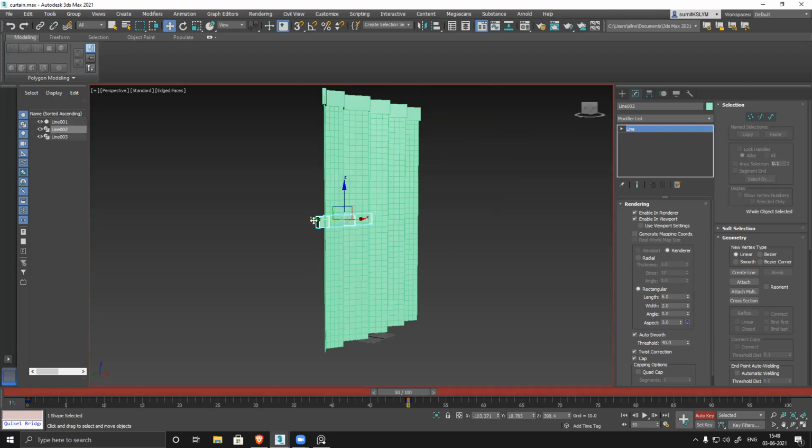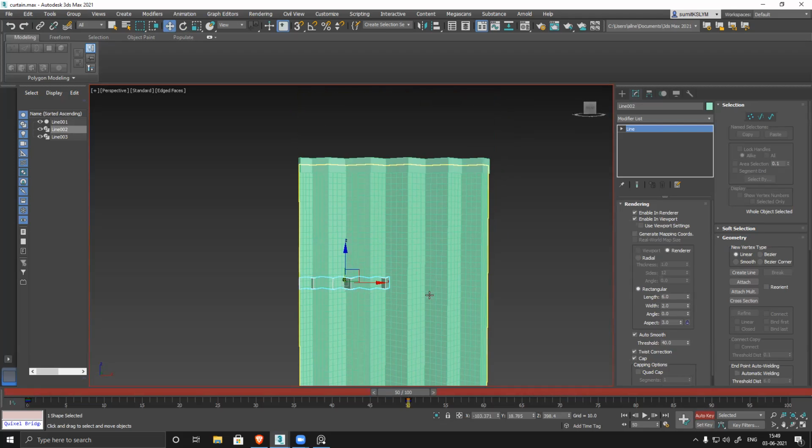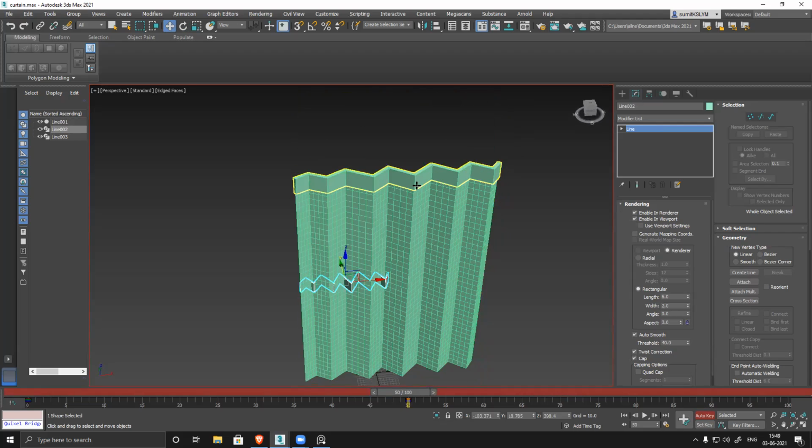So I want this thing to create that fold effect. And this first key, and again 50.